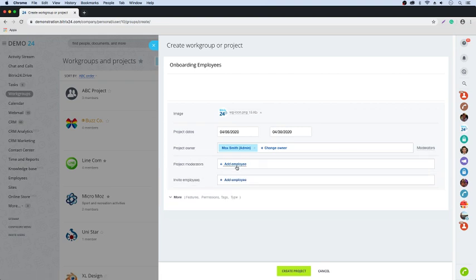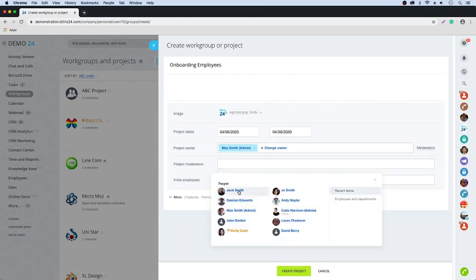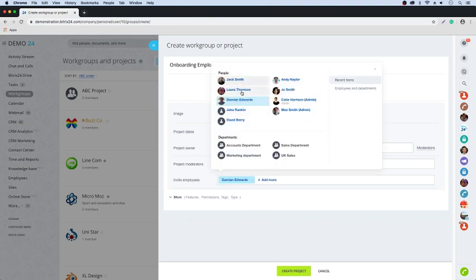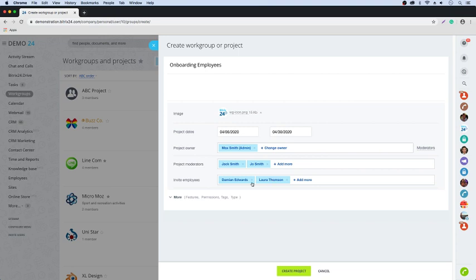We have project moderators. So if I wanted to add Jack and Joe, this will add them in automatically. In a project, when you add any moderators, it adds them in automatically without having them click on accept. And then finally, we can invite employees. So if I said Damien and Laura. Now, when you're inviting employees, it's a little bit different. They will receive a notification in their notification center up here, and they can refuse or accept their membership to